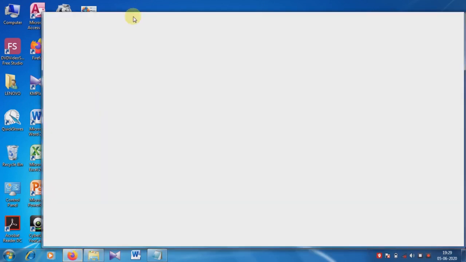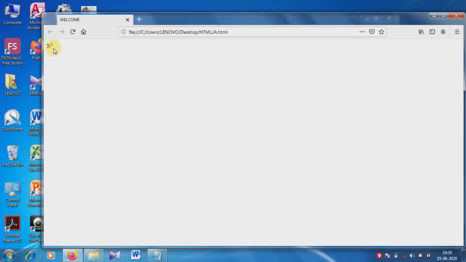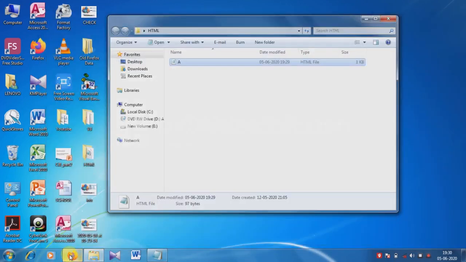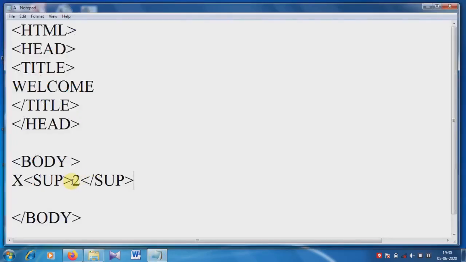This is the output. See, x square is the output now. So without superscript, what will be the output?